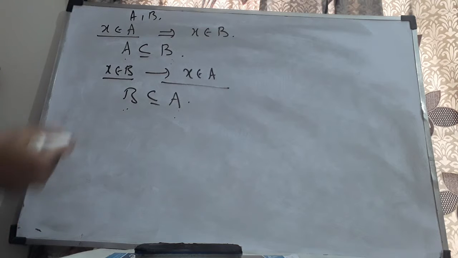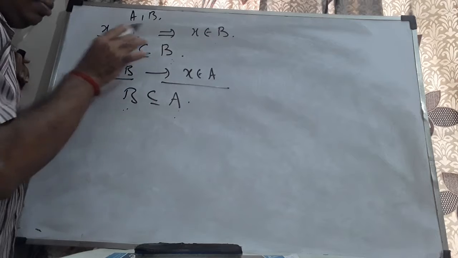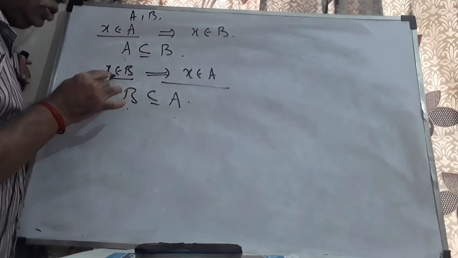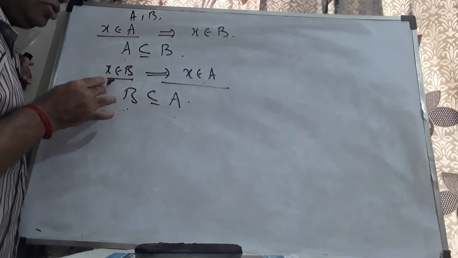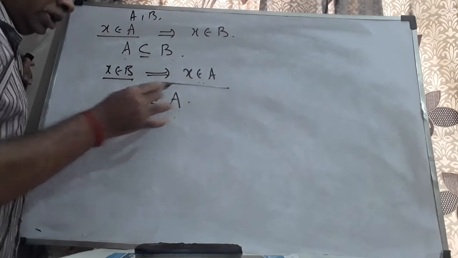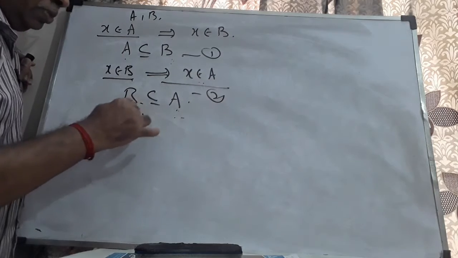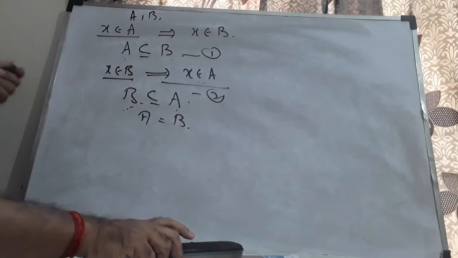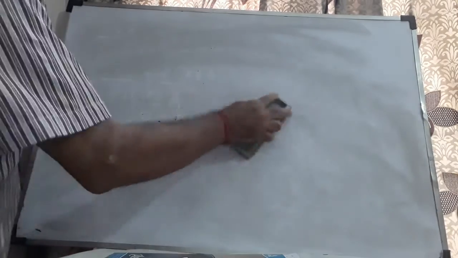in B also. Being an arbitrary element, all the elements of A are also there in B. Therefore A is a subset of B. I take an element in B and it will imply x is an element in A also. Since x is arbitrary, all the elements of B are also there in A. If A is contained in B, and B is contained in A, these two will imply A is equal to B. This is the algebraic way of proving two sets to be equal.